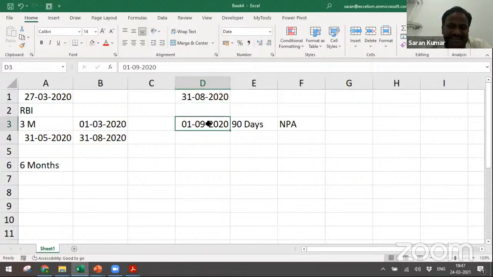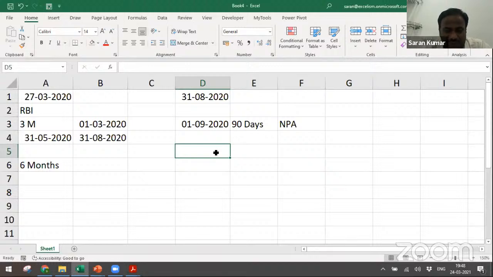If that is the case, this earlier order is applicable till 31st August 2020: whatever the standard assets, please don't downgrade. That is what they mentioned. If that is the case, this becomes an NPA. Now obviously, because of this reason, so many accounts took this as a route and banks did not show, and RBI said you have to show it as a pro forma NPA, because anyway those will all become NPA one day. If you don't start showing the same, then that will spur a bigger amount in one quarter.